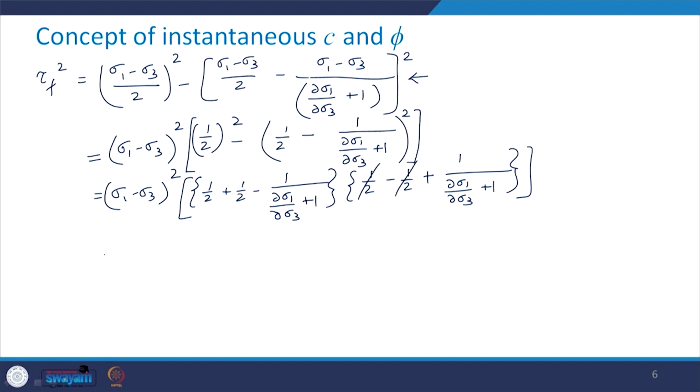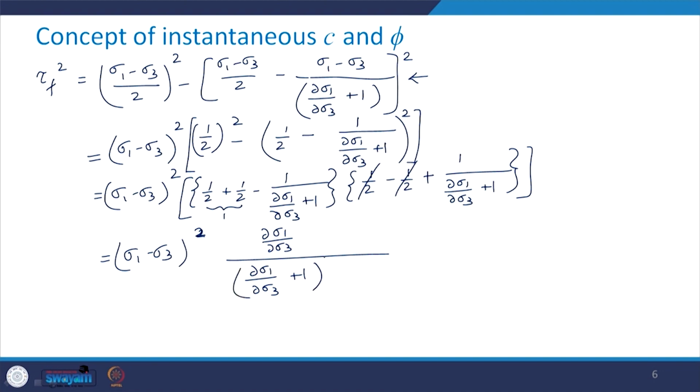Finally, what you will get here is, just solve this. So this is going to be equal to 1. So 1 minus this whole quantity, you just solve it, and this is what you are going to get. This is square, and del sigma 1 del sigma 3, this divided by del sigma 1 del sigma 3 plus 1 whole square. This is the expression which we are going to get, and if you take the square root